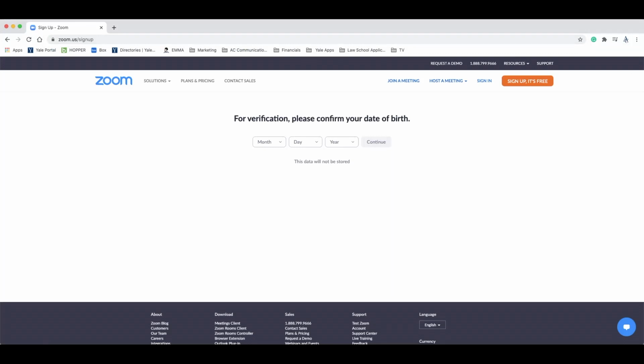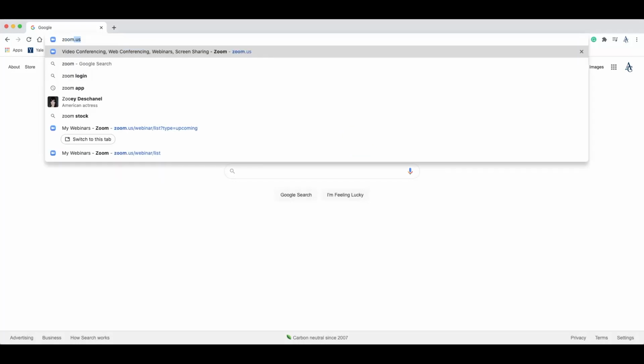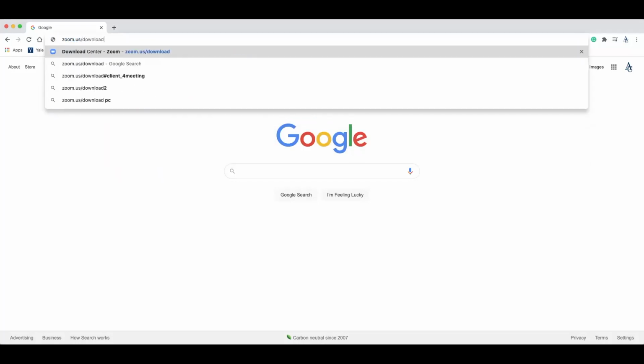Now, you may have to confirm your email by visiting your email inbox and looking for an email confirmation from Zoom. Follow the instructions in the email until you have successfully verified your account. Now remember, you can access your Zoom account by visiting zoom.us and using the sign-in button on the top right of your screen. Or you can download the Zoom app on your smartphone, tablet, or computer by visiting